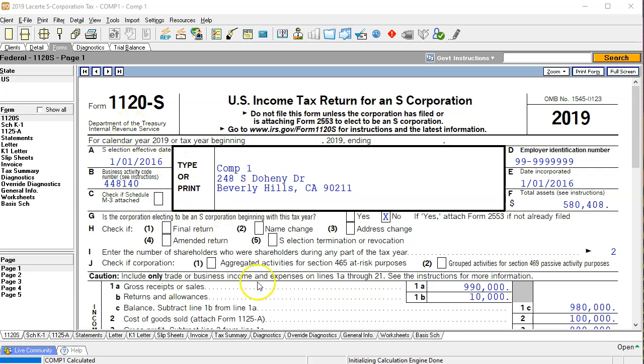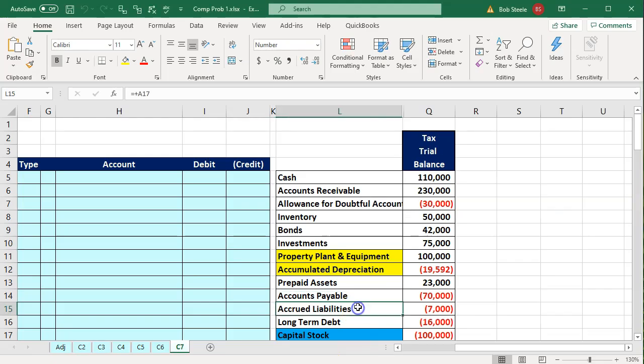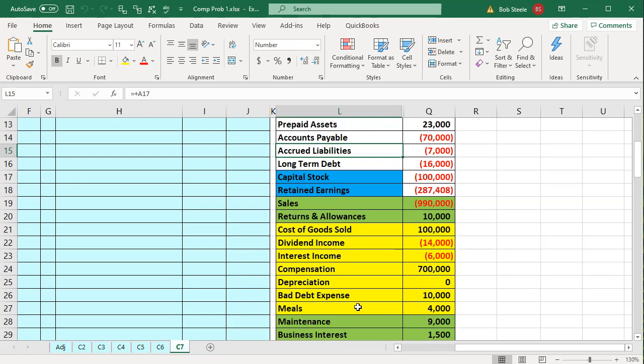You'll recall last time that we entered the income statement in prior presentations in accordance with the book statement that we have thus far. And you'll note that there's nothing in the depreciation. We had no depreciation recorded. Many times people will be reliant on the tax software. So in that case, if you're working with someone who's reliant on the tax software to record the depreciation,